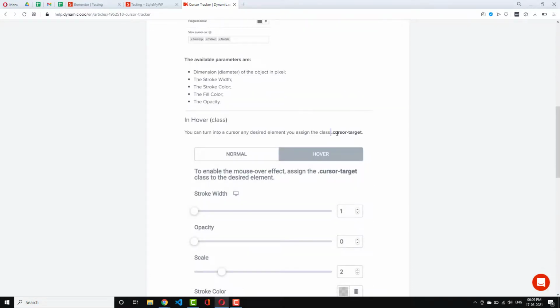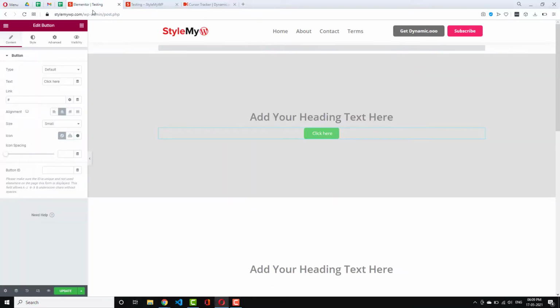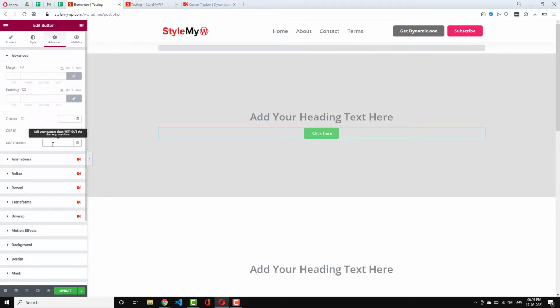So here is our class that you have to put in your hover element. So let's copy this class, cursor target, and let us paste this class to our button widget, and let's remove this dot, and let's update this.